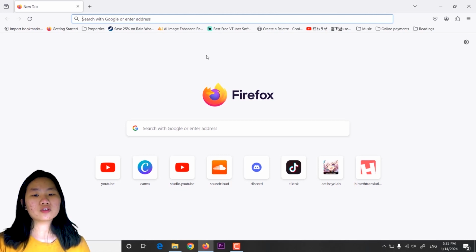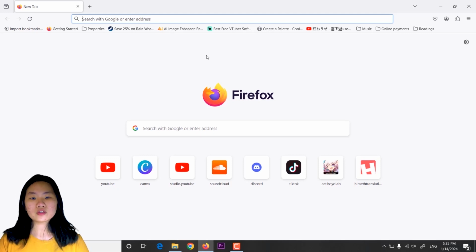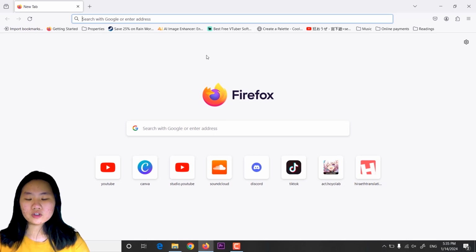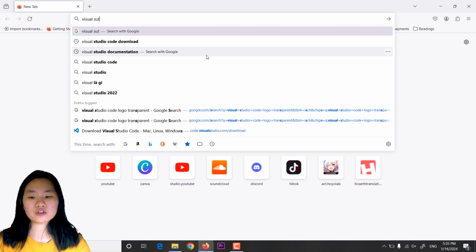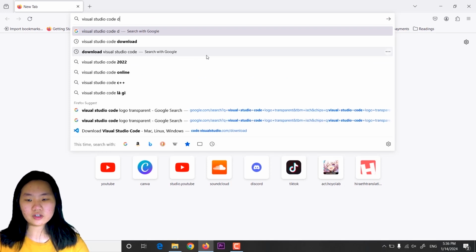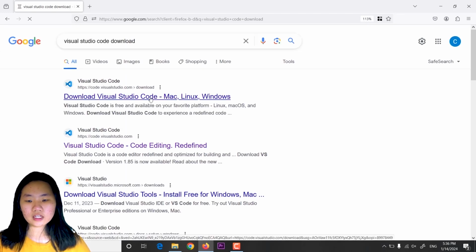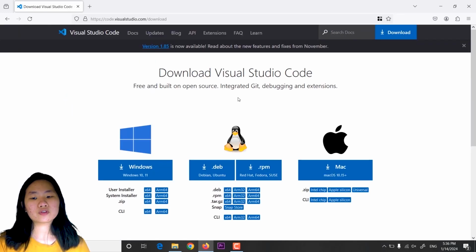Alright everyone, welcome to lesson number 2 of HTML. Before we move on to further studies, I want you to download Visual Studio Code and create folders, right? Folder structure. So what I want you to do is I want you to type in Visual Studio Code on your browser, any browser you want, Firefox, Google, and then you click on the link, and here Visual Studio Code,